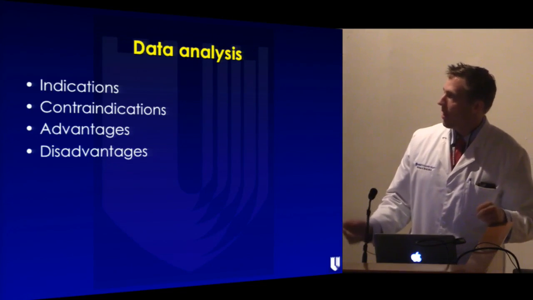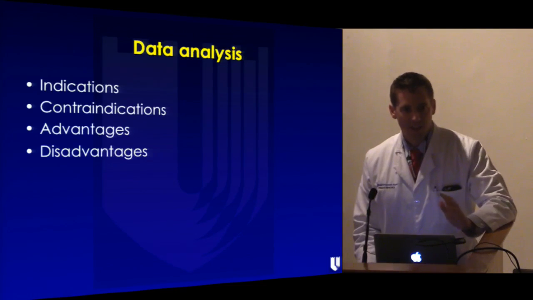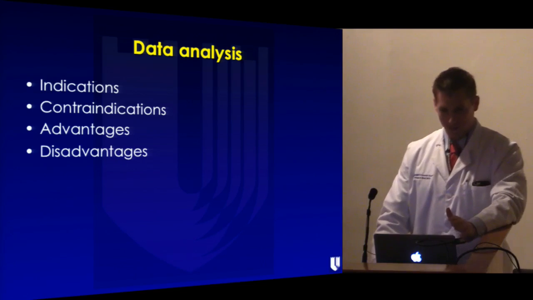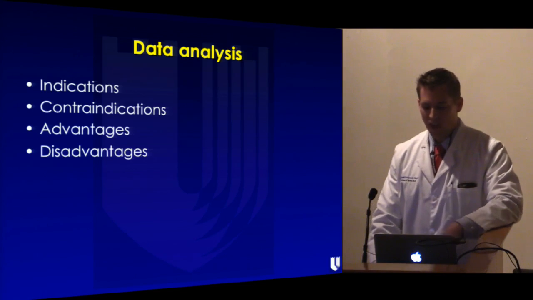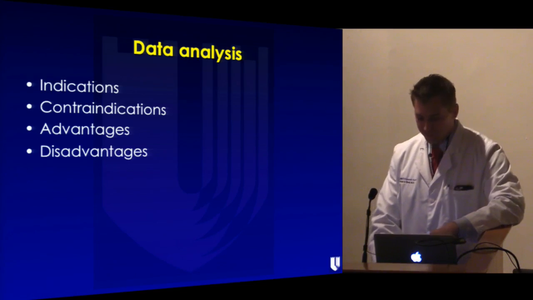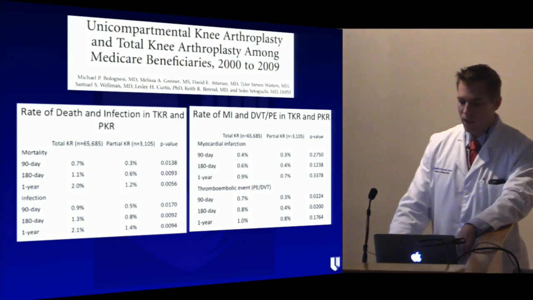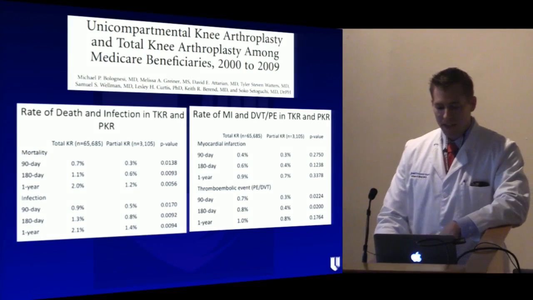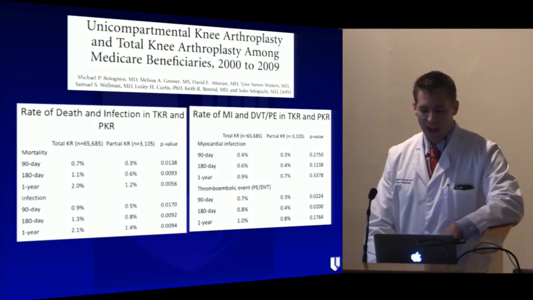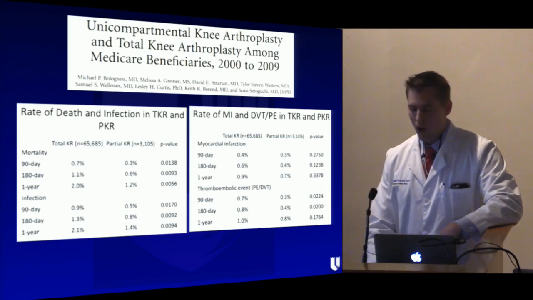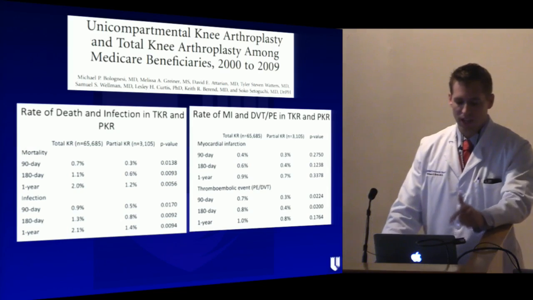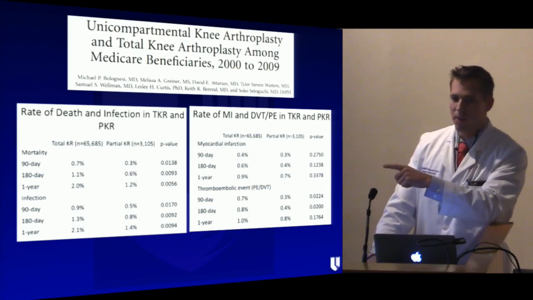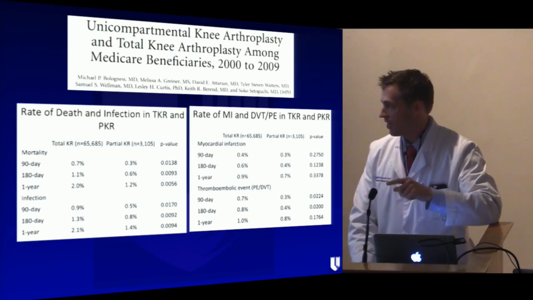So everything I've talked to you about, indications, contraindications, advantages, and disadvantages, I've actually presented mostly level 4 data because that's kind of what's out there right now. So you have to be careful about interpreting what you're reading. For instance, this is a well-done level 3 review of the Medicare database done by Dr. Bolognese, and it at first appears that there's a significant advantage of uni over total knee in mortality, infection, and thromboembolic events. And I actually pulled these tables not from his paper, but from another paper that was directly citing his